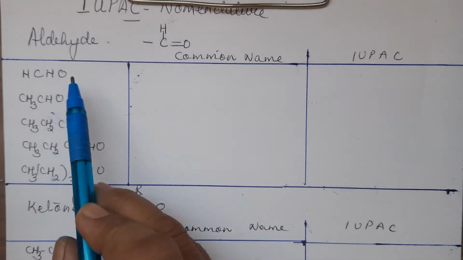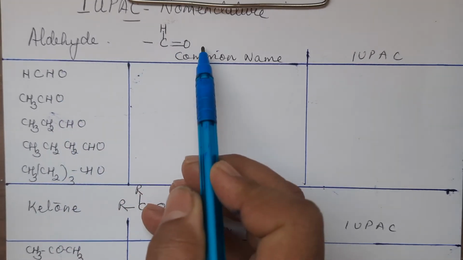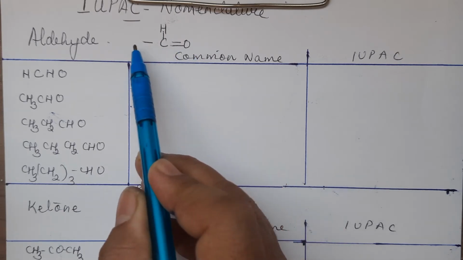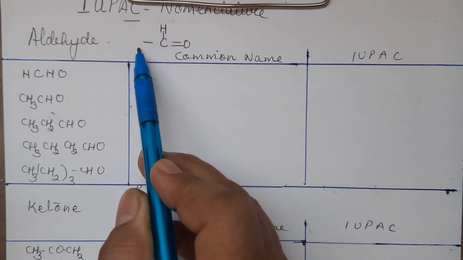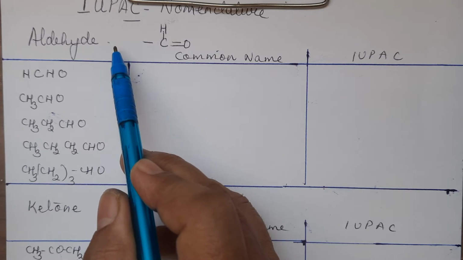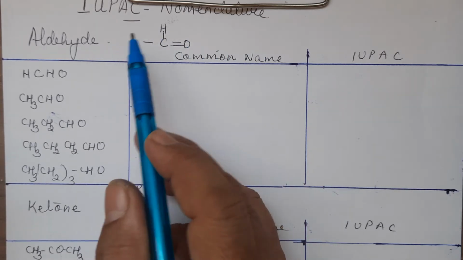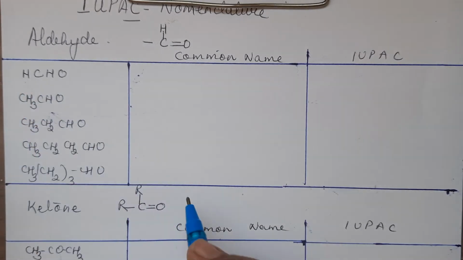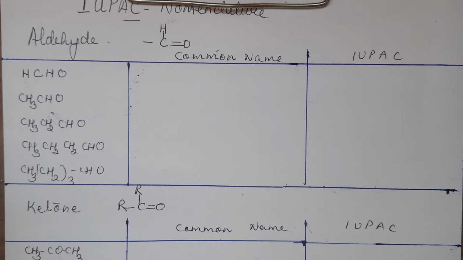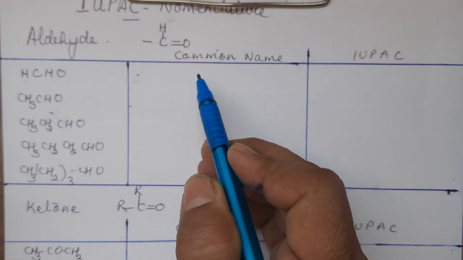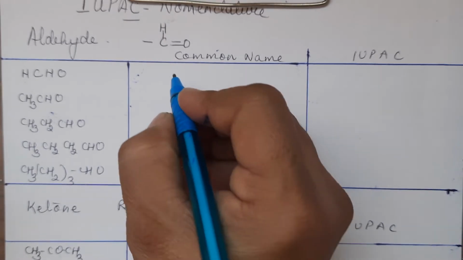Now, what is aldehyde, children? It is CHO. There is a dash here, which means there has to be either H or R. So basically, you can say RCHO. We don't write that RCHO because it can even be H, right? So their common names are not given by any particular rule. The common names of the aldehydes are on the basis of their sources.